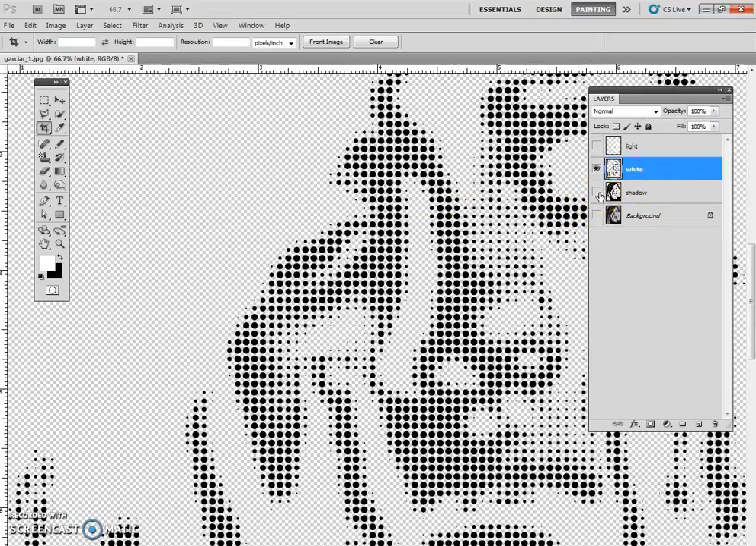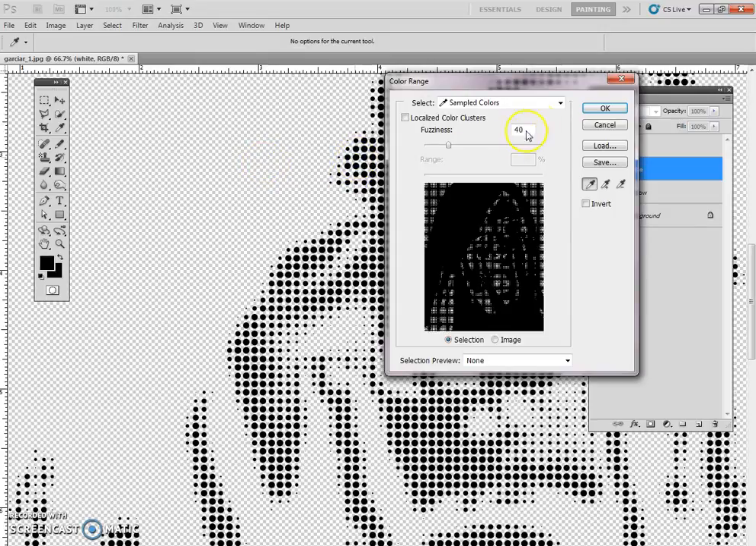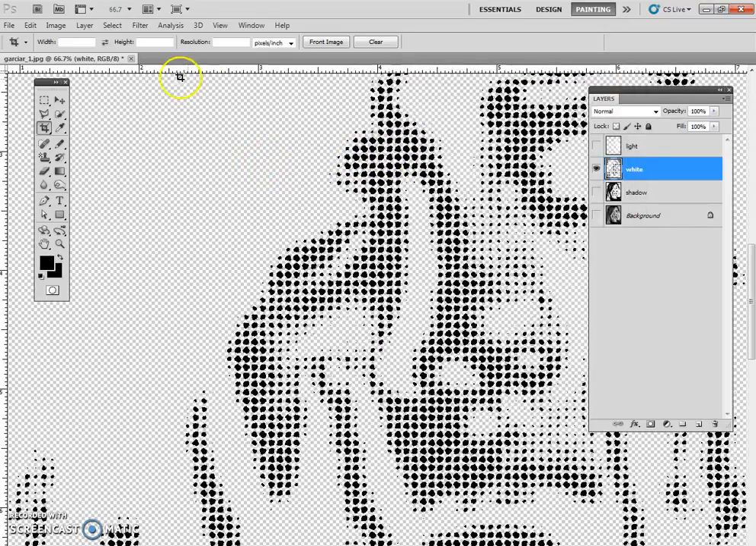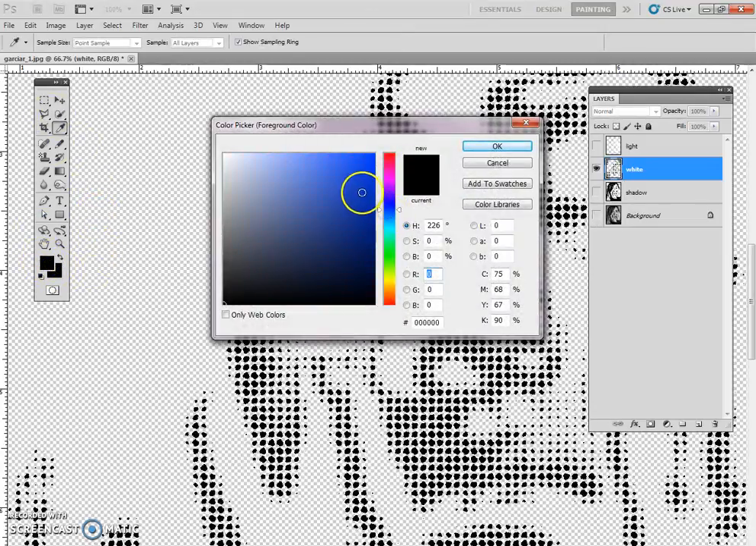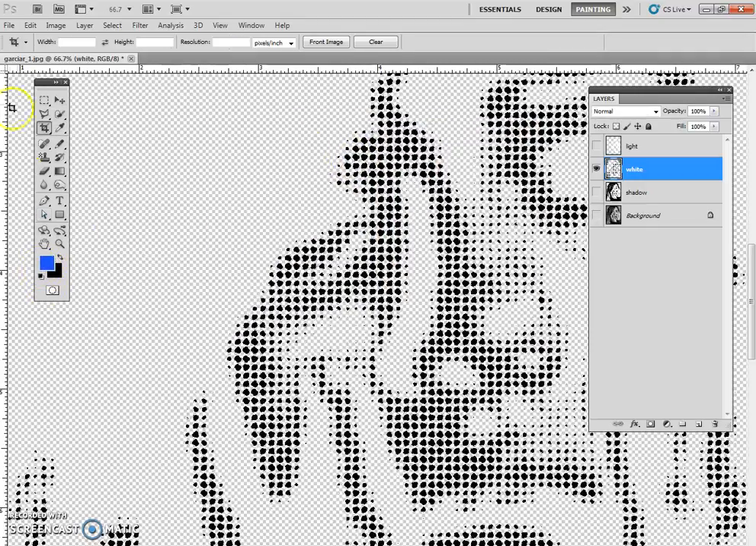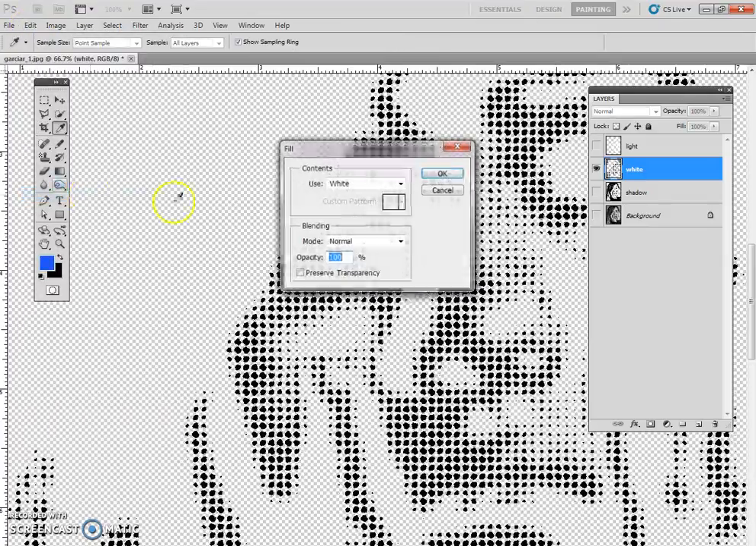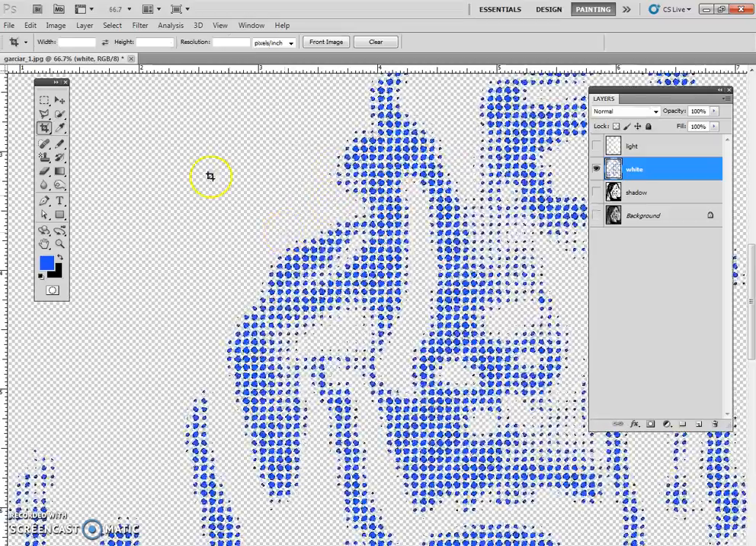If I add my shadow layer to that, actually before that, let's change the color of these. So I can go select color range, and what I'm going to do is I'm going to just select the black right there. So why am I doing this? I want to change my colors to, I don't know, maybe a blue. So my dots are a blue. So I change my foreground color to blue. I go edit, fill, and I'm going to use the foreground color right here, and that will make all those dots blue. There they are. If I hit Control D or deselect,